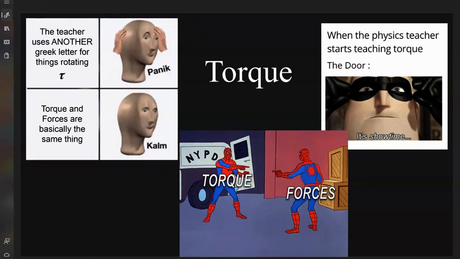But torque, take a moment and just look at these memes around here. So this one on the top left, another Greek letter. But it's basically the same as something else in linear motion. Torque and forces, they are back and forth. So it's everything that we have been doing as far as, oh, here's a rotational thing. Now let's just figure out what's the actual thing that we're used to that it is an analogy to, which